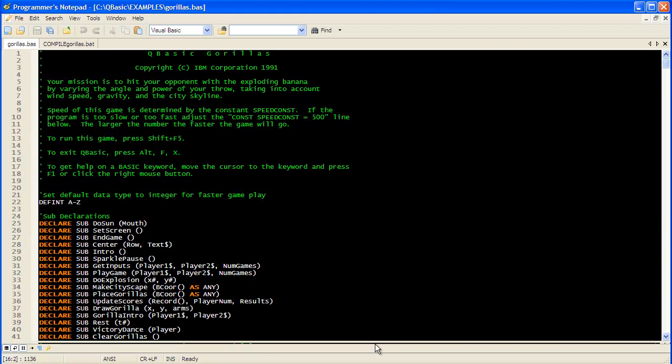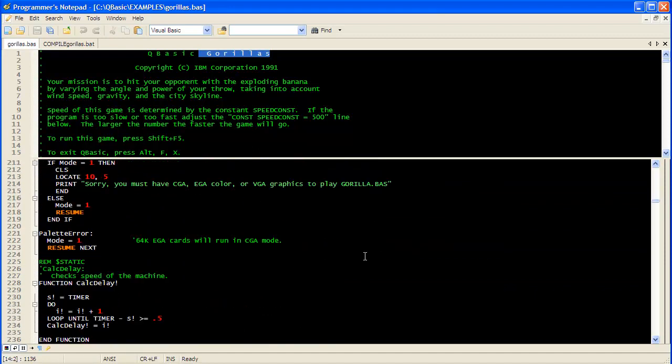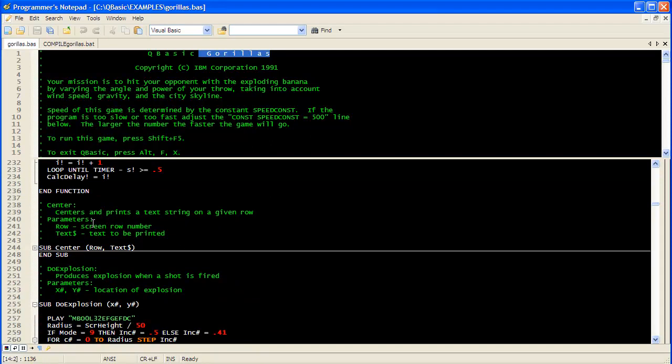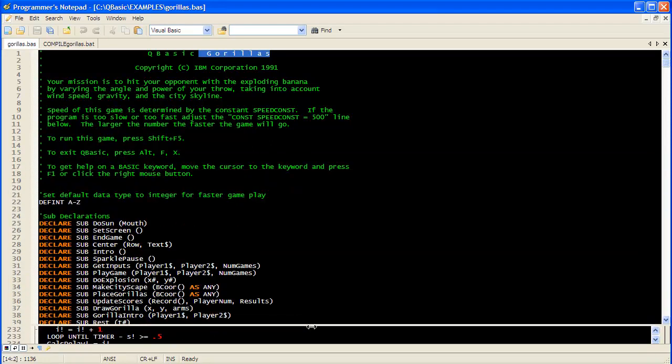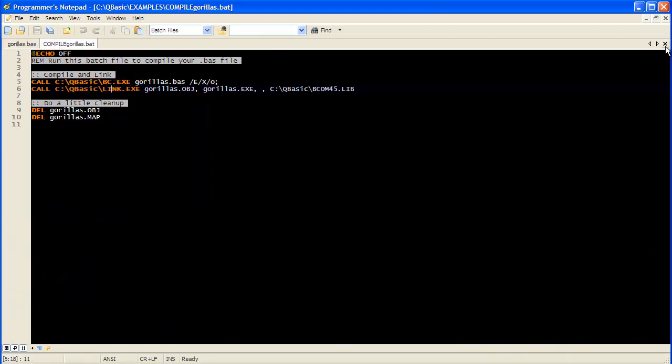I've gotten it to work just fine in DOSBox, but I really like the setup that you see right here in front of you. This is a QuickBASIC program opened in Programmer's Notepad. It's Gorillas, if you ever played that old game. And Programmer's Notepad has a lot of cool features. You have the syntax highlighting, code folding. You can do this right here where you have split screens and vertical, and you can do all sorts of cool stuff with tabs and your own